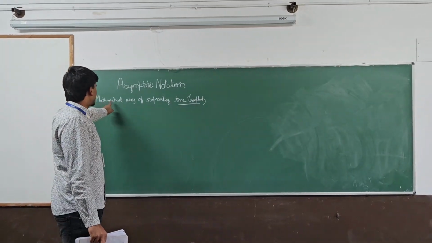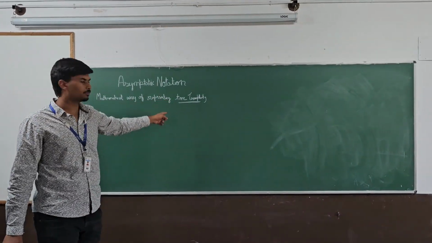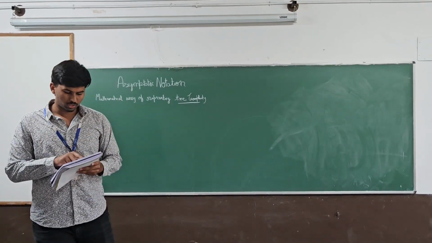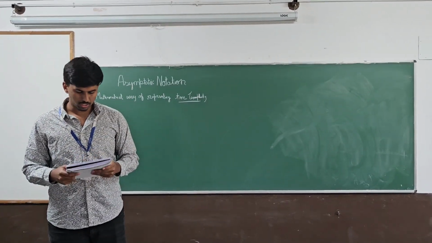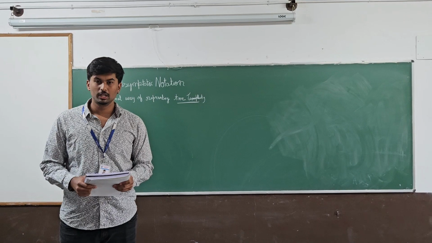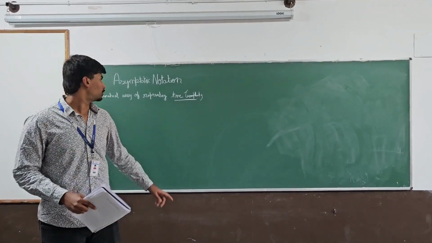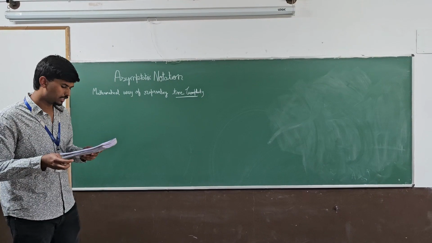Basically, it is a mathematical way to represent time complexity. Here, time complexity means the total number of times that a particular statement is executed, which is called iteration or frequency. To represent these in a proper way, we need some notations. Let us take an